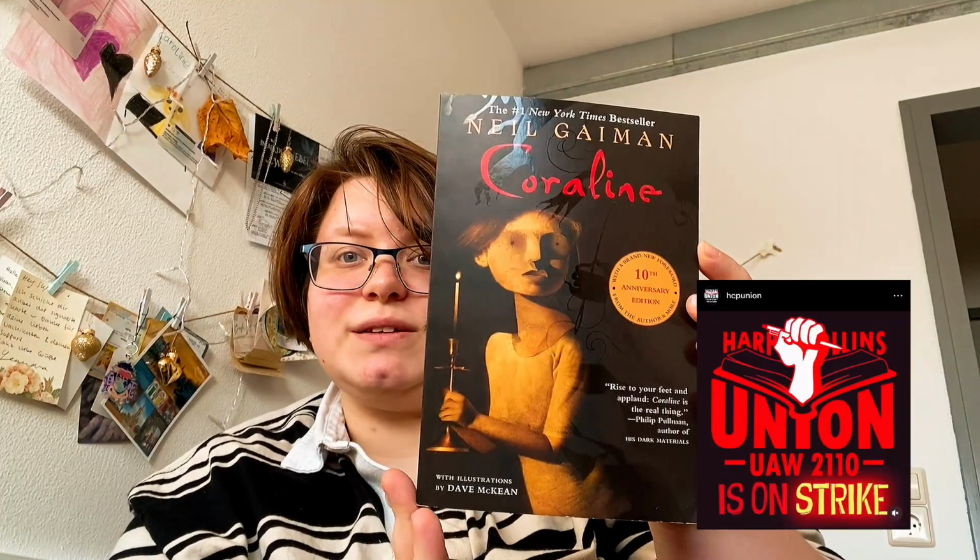So the next book, and I realized too late that it was from Harper Collins, is Coraline by Neil Gaiman, at least this version. I think there's also one from a different publisher. But yeah, I did not mention it before. Yeah, I did buy stuff by Harper Collins, let's be real, I'll be honest,